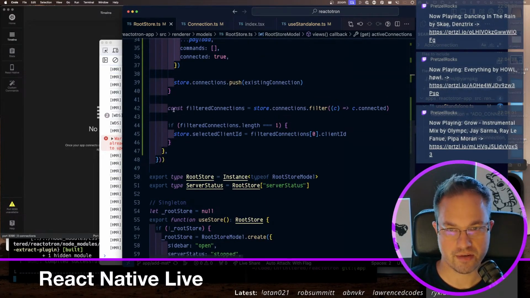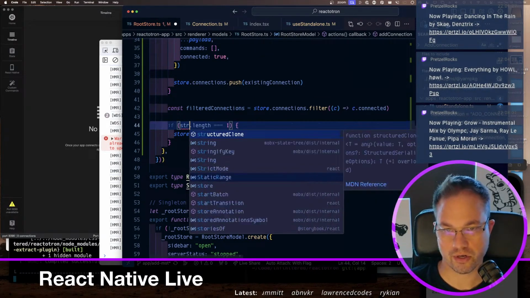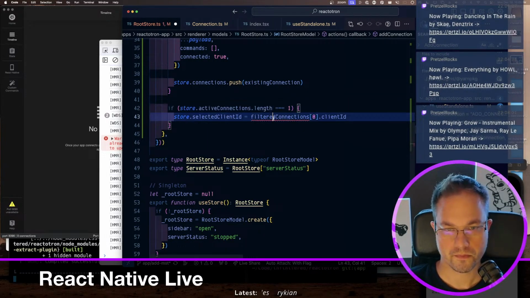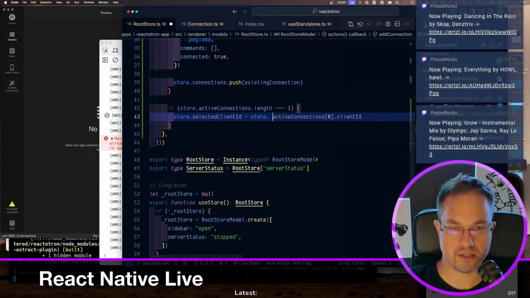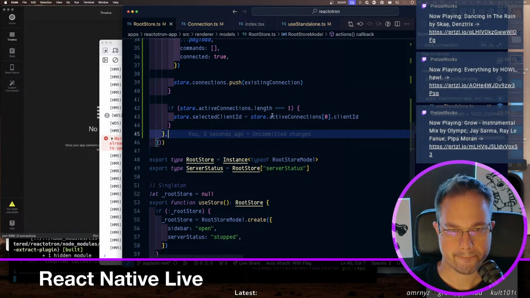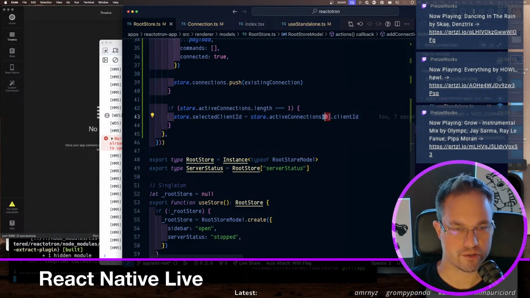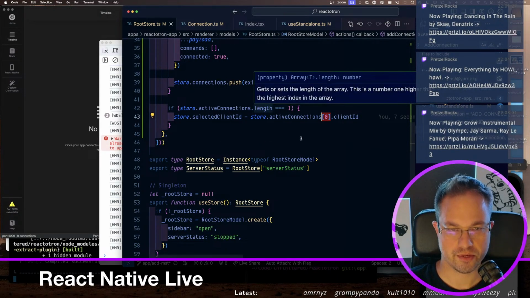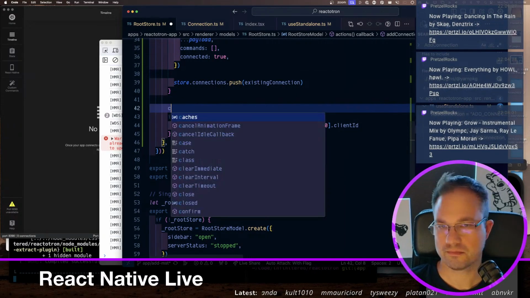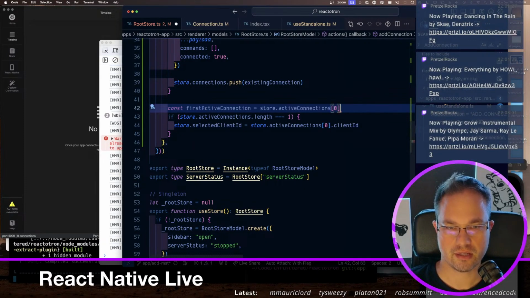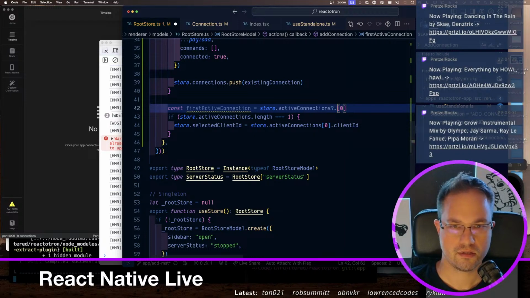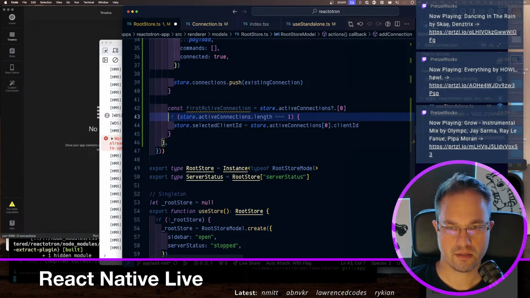And so instead of doing filtered connections here, I can just say store dot active connections. And you might look at this and say, oh no, you're doing it twice. No, these are memoized. So it grabs the first one. If there is one, I could probably do something like const first active connections is something like that, and then say